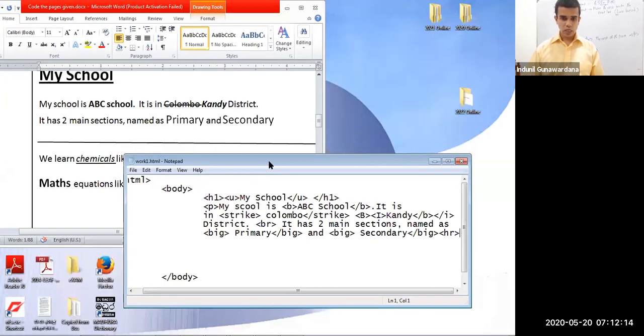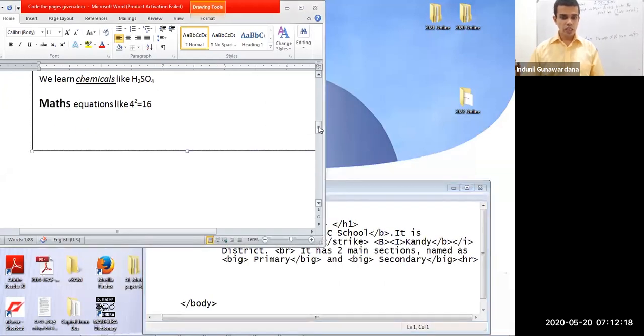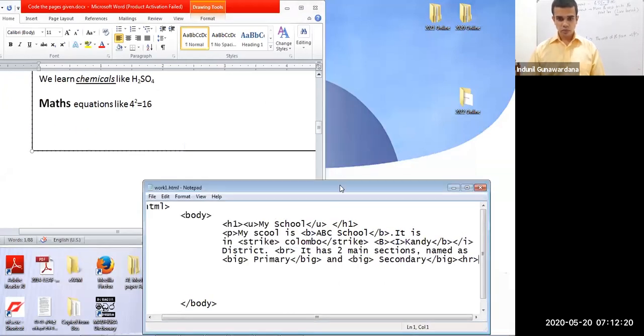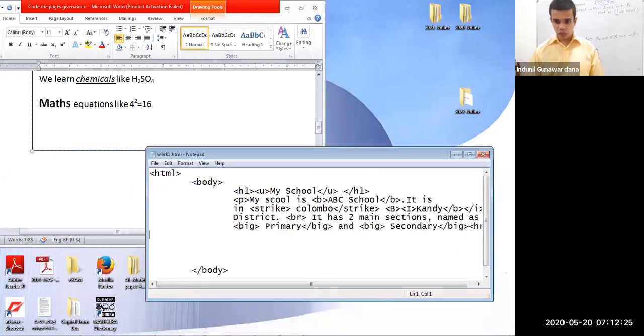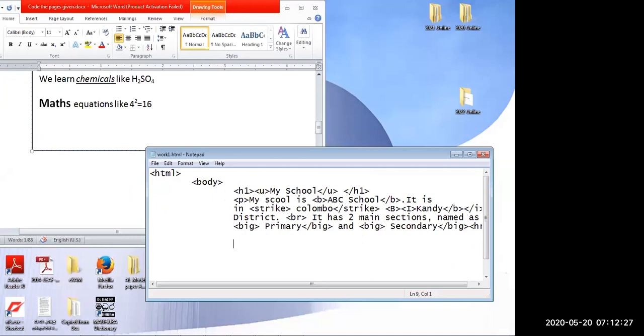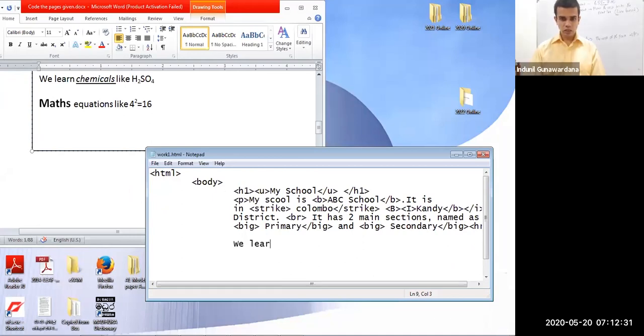Right. Now, according to the output, what should I generate? We learn chemicals. So then it's not another paragraph, so I can continue in the same paragraph, telling that we learn chemicals. Chemicals is italic as well as underline.